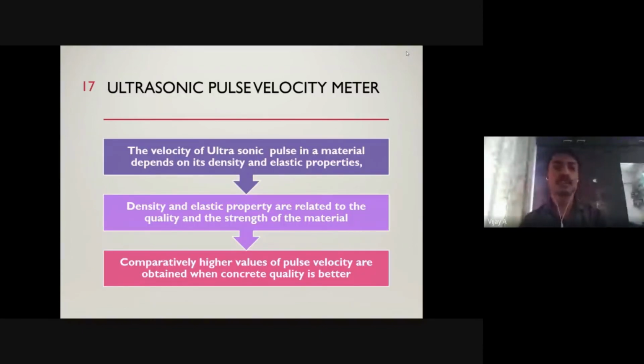The next one we are going to see in our NDT is the ultrasonic pulse velocity meter. Okay, so the ultrasonic pulse velocity meter is another of the best methods that we are going to use for understanding the NDT. The ultrasonic NDT method is the process of transmitting high frequency sound waves into a material in order to identify changes in the material's property, whether the material property has changed internally. Also you can check with your ultrasonic pulse velocity.